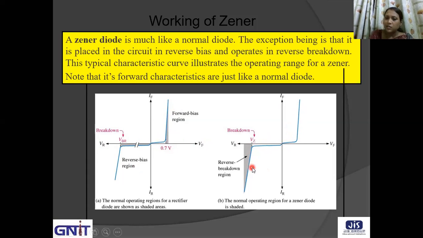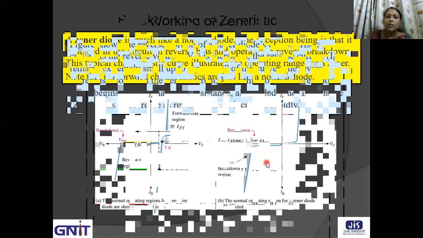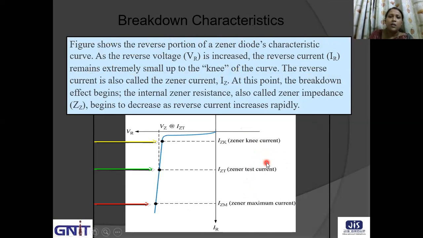Beyond that, in the third quadrant, we are getting the reverse breakdown region. Huge current is flowing through the device, through the diode, but the voltage is less. So this is the breakdown characteristic. This breakdown characteristic shows us